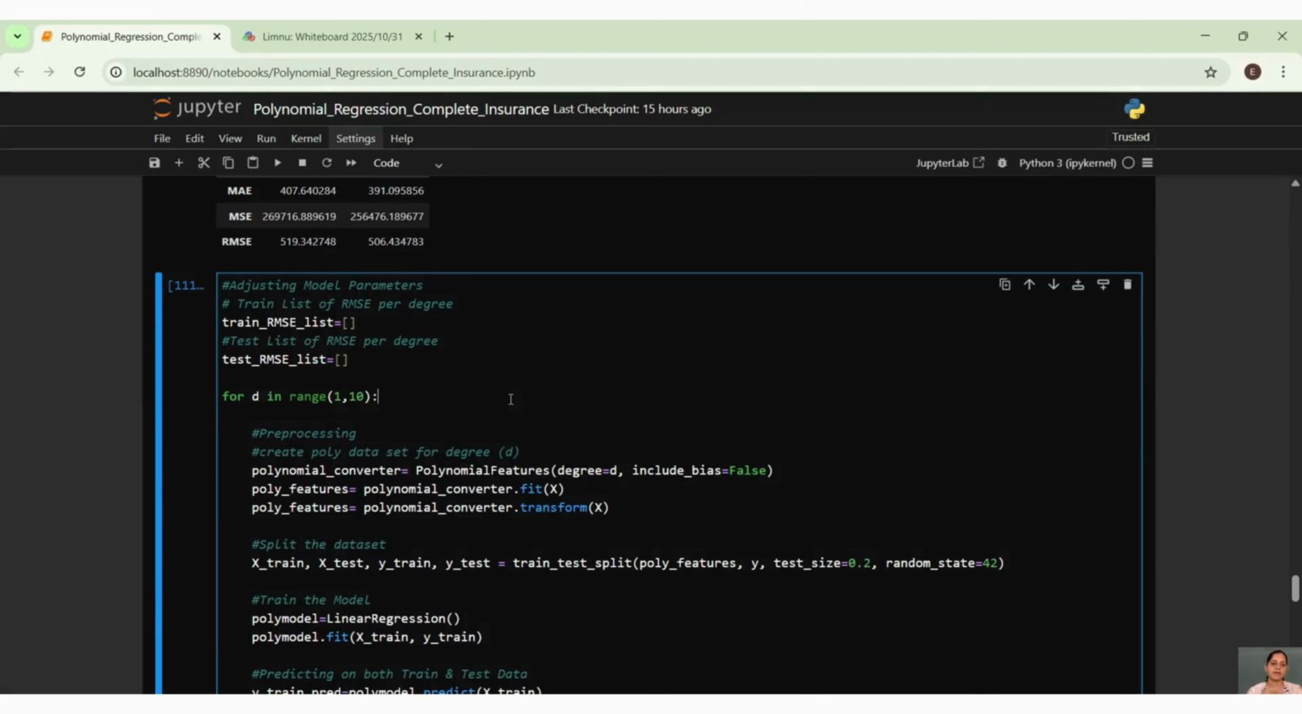Now I have taken one parameter, RMSE, and I am trying to perform different kinds of actions on that. Let me explain that. I am taking my RMSE list, because I want to compute root mean square error for the same data set. I want to understand my model parameters and adjust the factors. So I have taken my train RMSE list, my test RMSE list, and